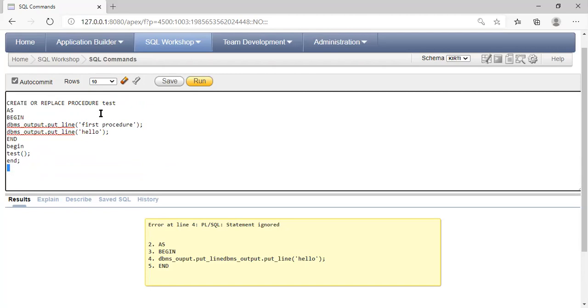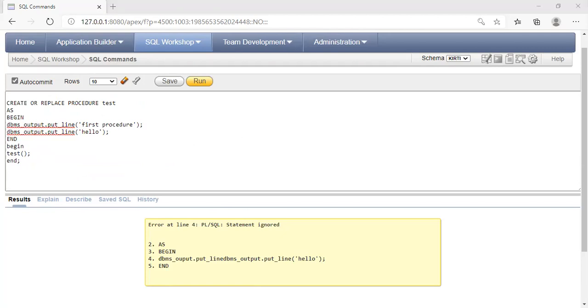Create or replace procedure test as begin. This is the procedure. Now what is the problem statement? Our problem statement is that we have to create one table. In that table, initially we have to create one table and insert some records into that table.